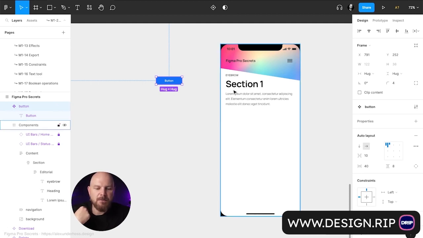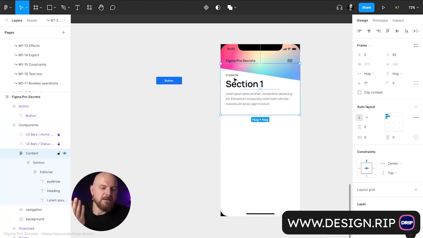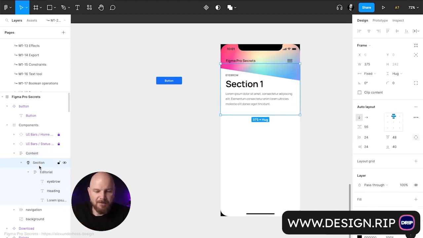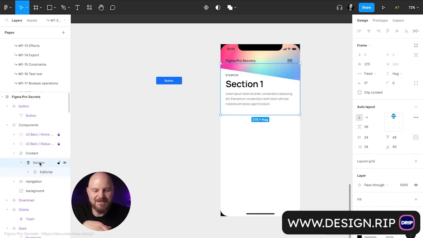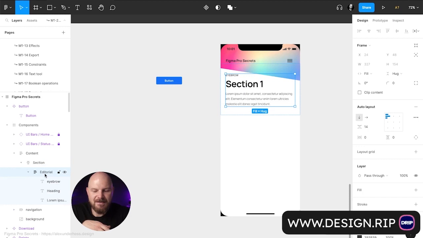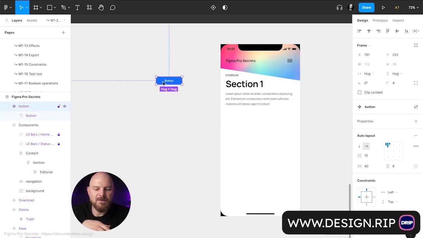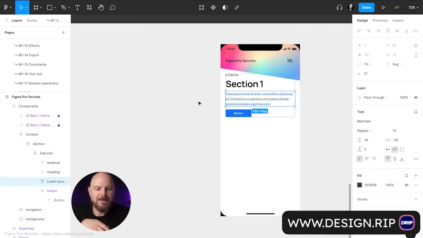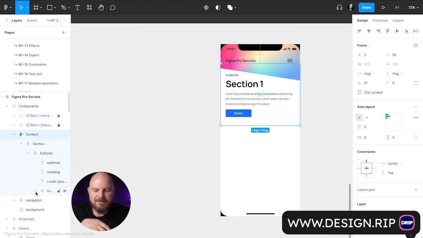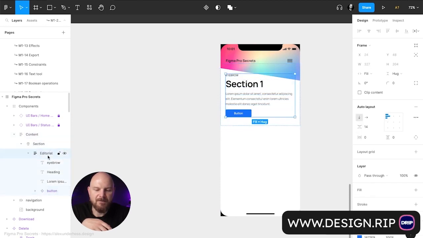Now I take this master component, and here I already created this section that consists of just an auto layout. Inside of auto layout, I have another auto layout for this text. So basically this is my section. This is the text that I have. And now what I'm going to do, I'm going to take this element here and bring it inside of my section. Now when I select this section, I see that we have a button inside of our editorial